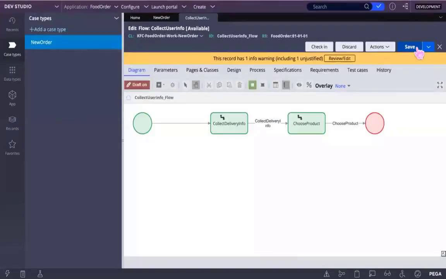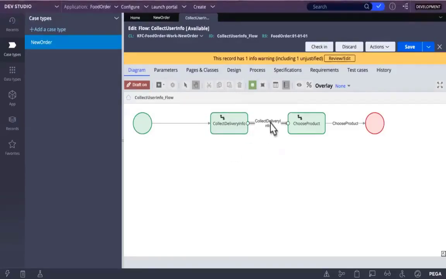Now this rule, you have checked out. The flow action is present on a connector shape. Double click on the connector. You have the collect delivery info connector, right?